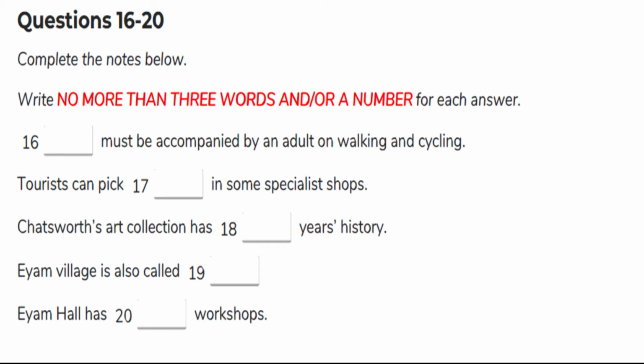Further south, the craggy gritstone edges and limestone valleys of the Derbyshire Dales offer endless opportunities for walking and cycling. Please be aware that all children must be accompanied by an adult. There, many charming villages and larger market towns are famous for specialist shops offering everything from handmade chocolates and ceramics to antiques, designer clothing, and equipment to tackle the great outdoors. You could pick up some wonderful souvenirs for your friends.